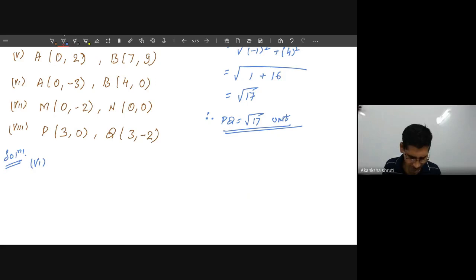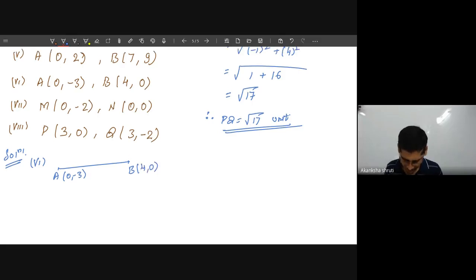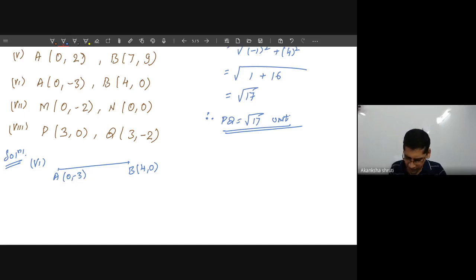Question number 6. Say A and B are there. Roughly, just put A as (0, -3). Put this habit of drawing the rough diagram for the coordinate system. Now you just write. If you want to get what is our x1, y1 here, 0 is our